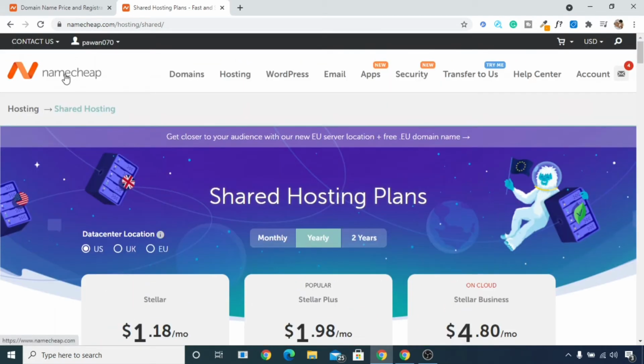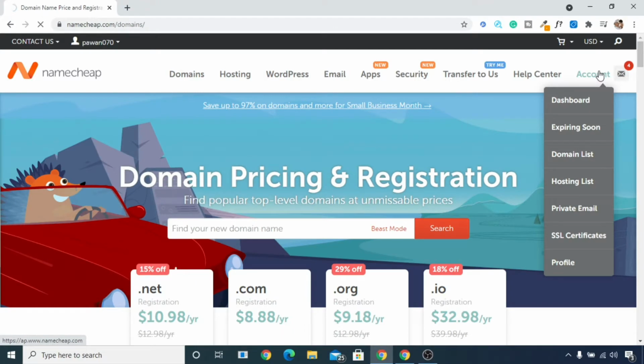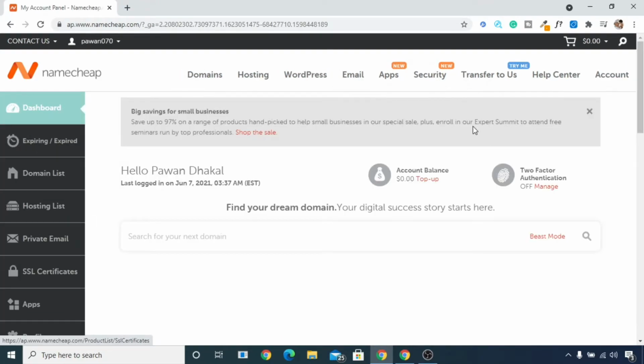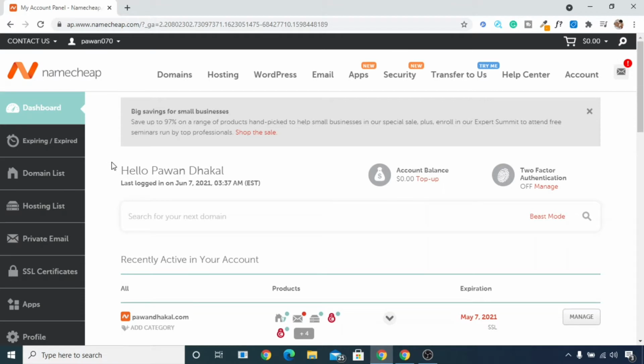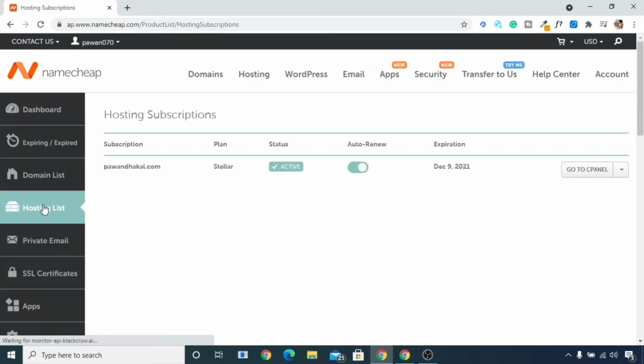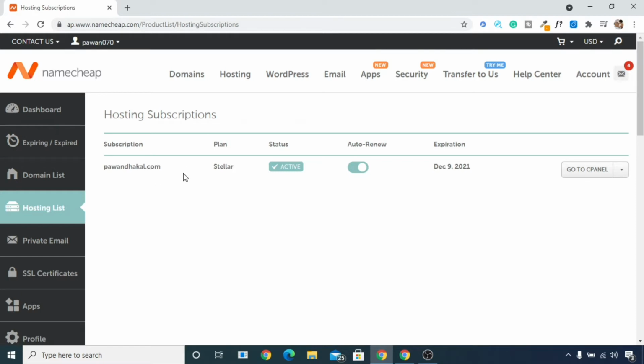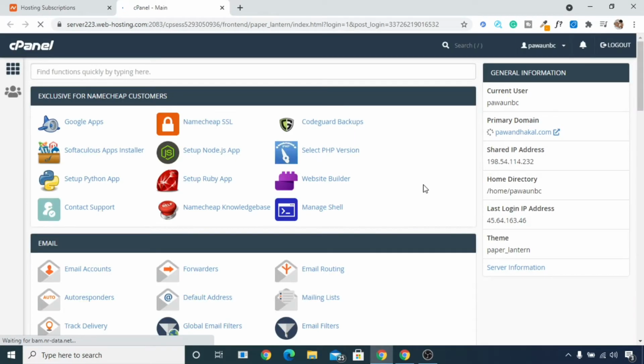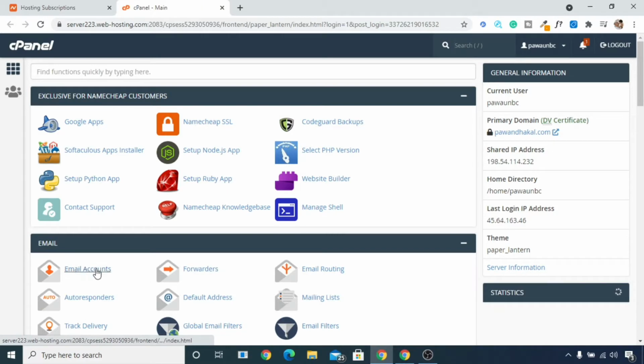Once you have done this much, then simply click on Namecheap, click on account, and then you'll see this kind of interface. What you can do is simply go to hosting list, and then your domain is attached to your hosting list, and you can simply click on go to cPanel. So now you can see a link that says email account. Simply click on it,